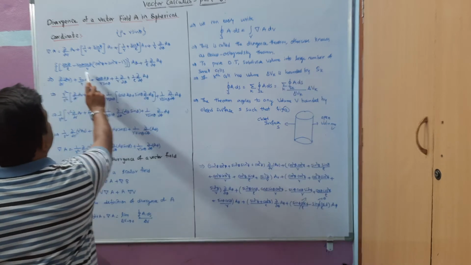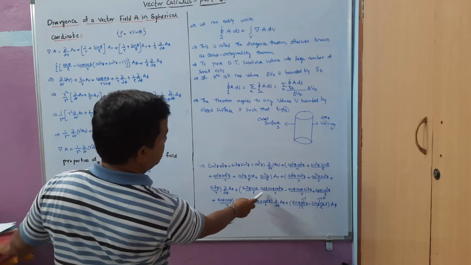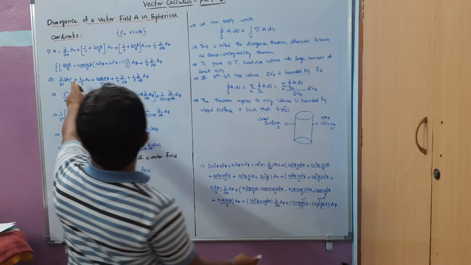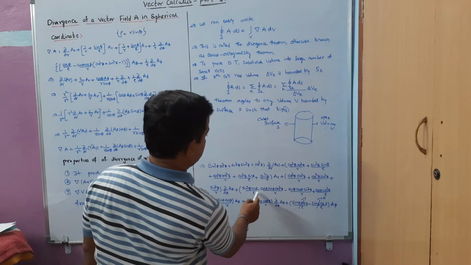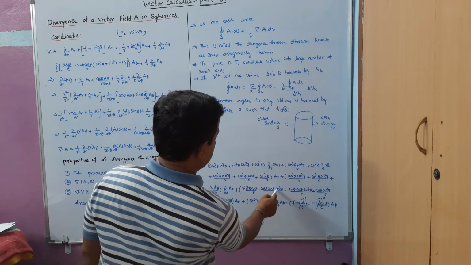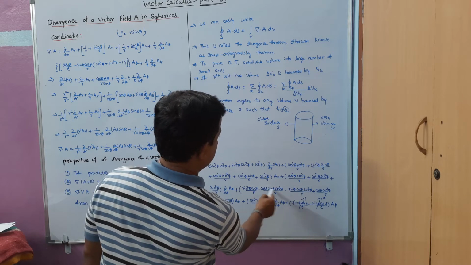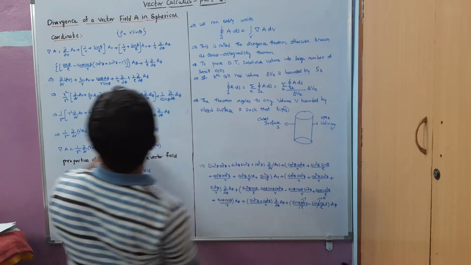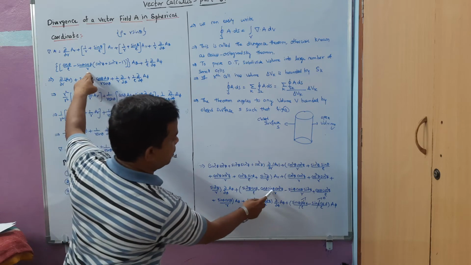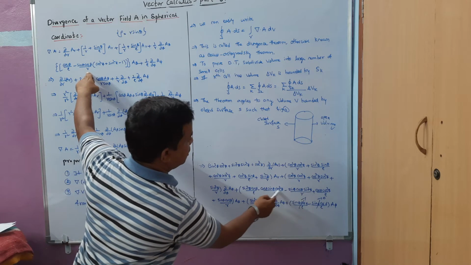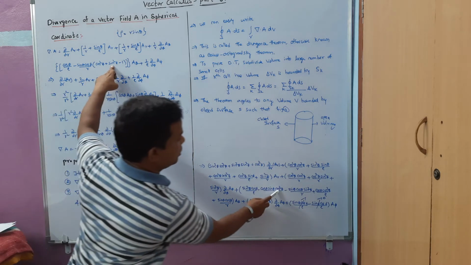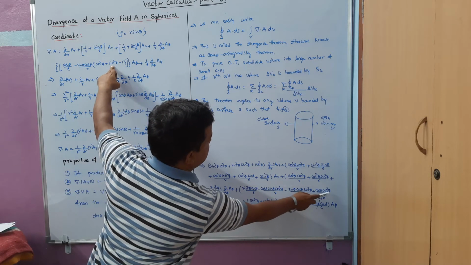Similarly I am going to take this one. From this we are going to take common here cos theta by rho. From this I get cos square phi, this one uncommon. From this we are going to take sin theta cos theta by r common. If I take common I get here cos square phi plus sin square phi, plus this one.